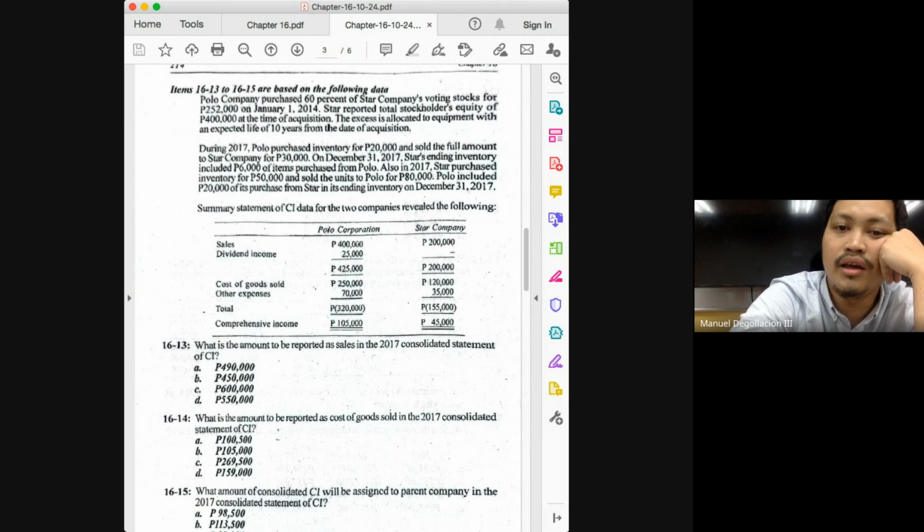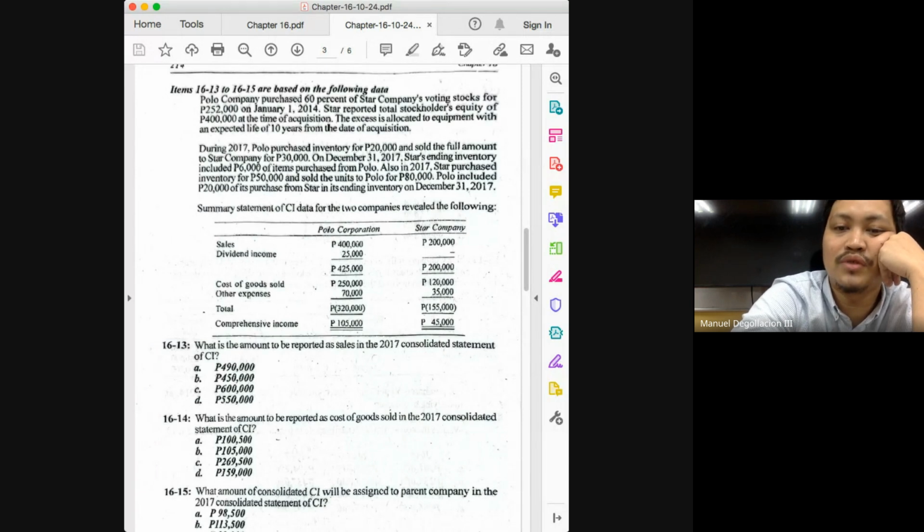Remember, the relationship of your net income and your cost of goods sold being a form of an expense is opposite, class. If markup on beginning would increase profit, the reason it increases profit, class, is because it would decrease your cost of goods sold. The reason that the markup on ending would be deducted from your net income is because the markup on ending would be an addition to your cost of goods sold. Okay, so please take note, class.